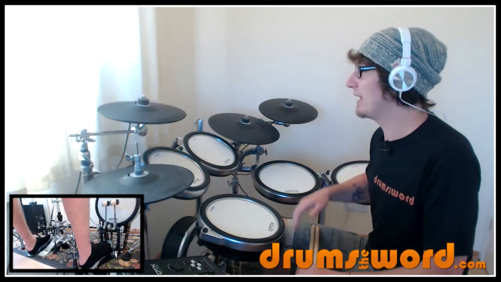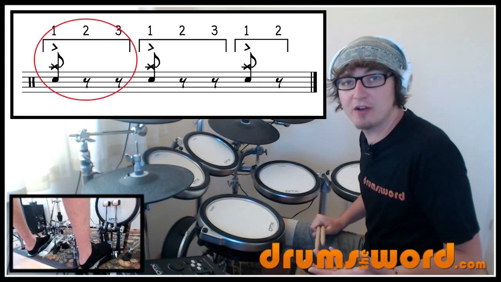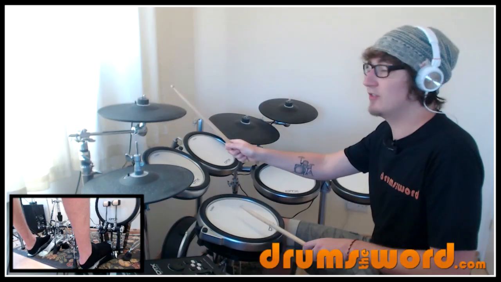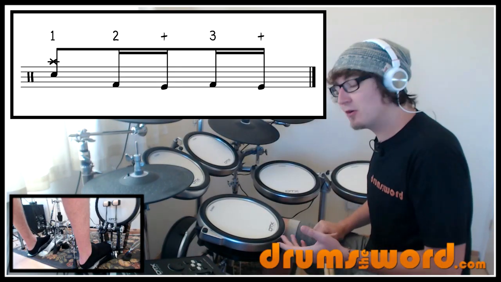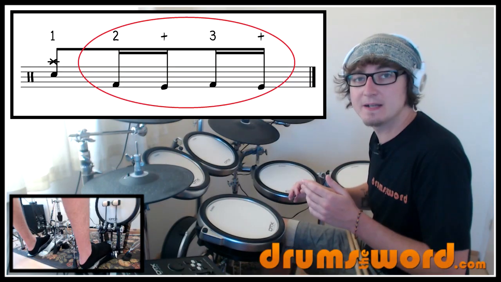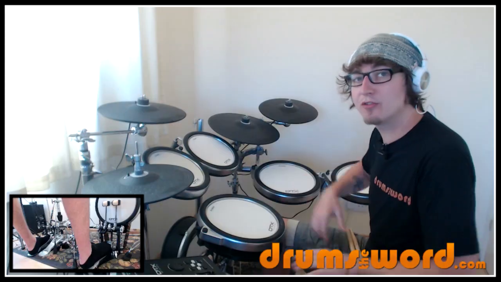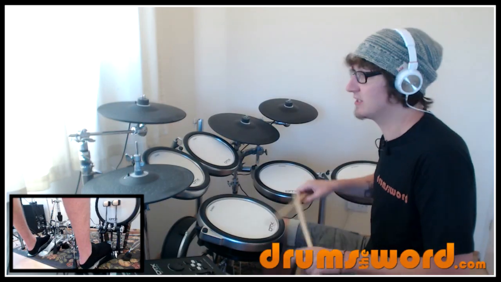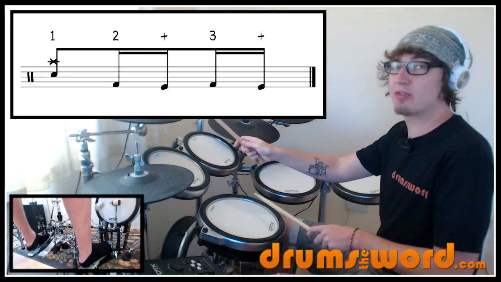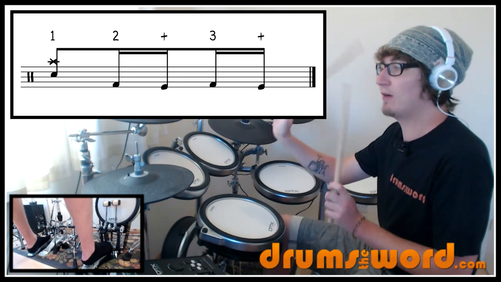And what we're going to do is play the bass drum in between each of those snare drum and crash cymbal stabs. So we take a look at the first 3, for example, the 1, 2, 3. Starting on beat 2, we're going to play 4 double bass drum notes, alternating feet, filling up the space of 2 and 3 and. So if we were to loop it round, just the first 3 notes, then it would sound like this. 1, 2 and 3 and 1, 2 and 3 and 1, 2 and 3 and